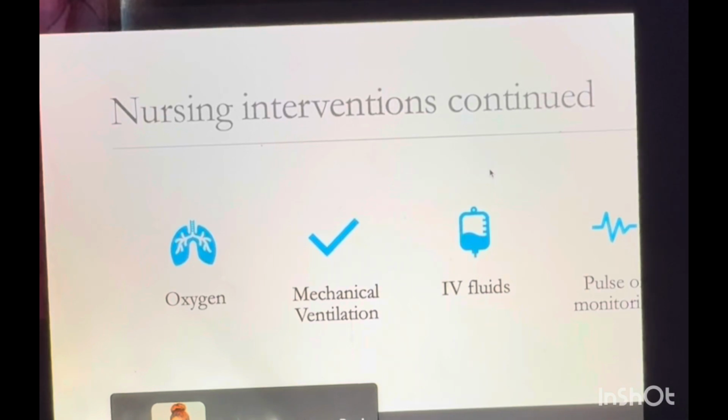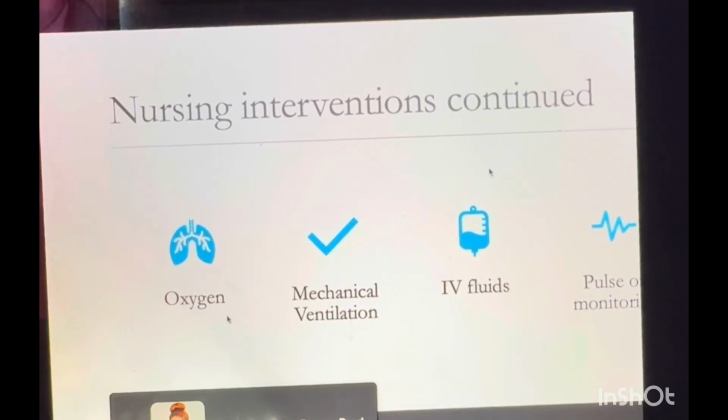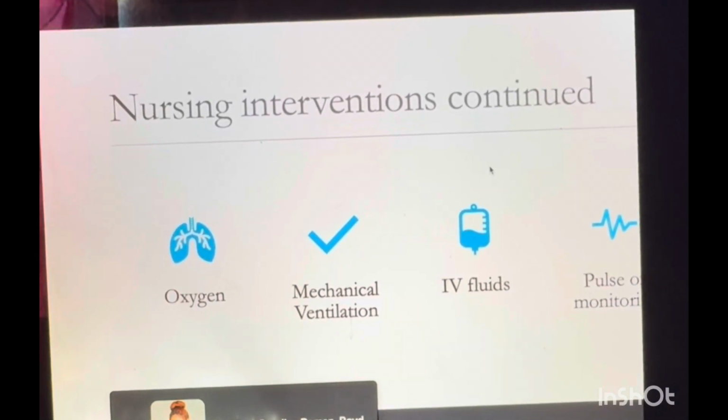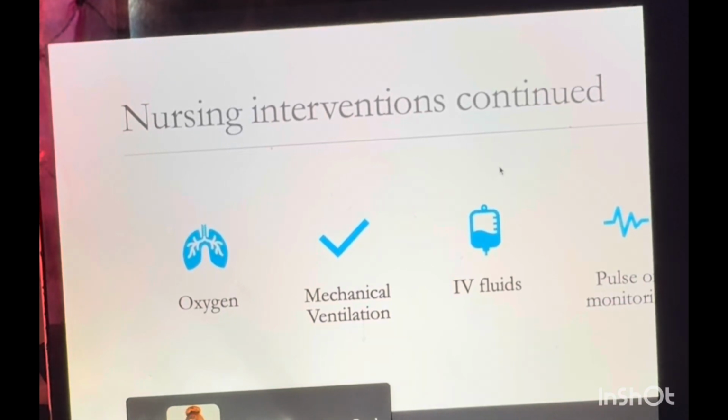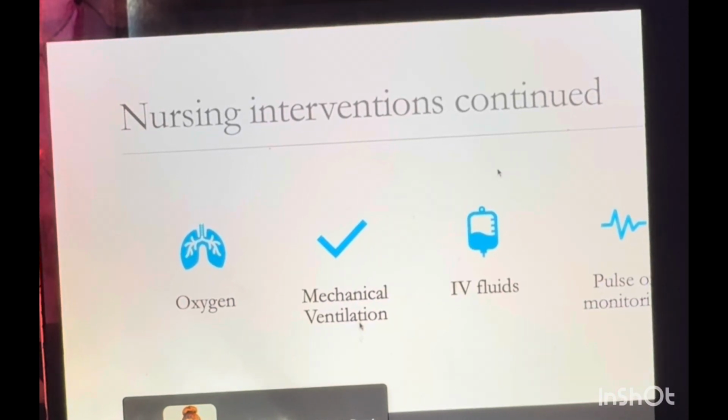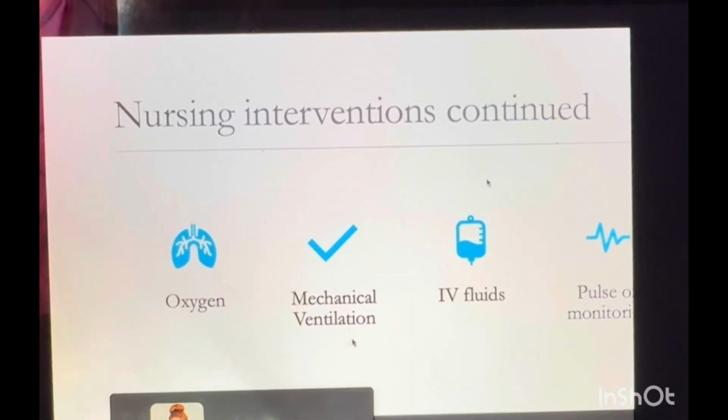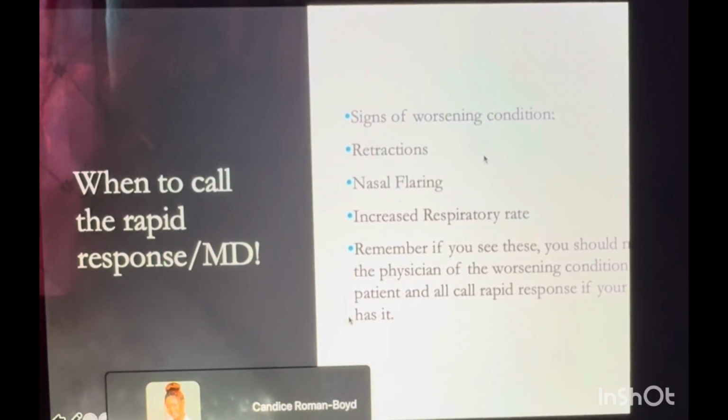All right. Sometimes they need oxygen, ventilation. This is when they're getting really bad. Sometimes they end up in PICU. IV fluids, pulse ox monitoring. The IV fluids is pretty standard. Pulse ox is pretty standard. Hopefully, we keep them from getting to the mechanical ventilation and the oxygen, but sometimes it happens. But hopefully, they don't get that bad. Okay, so